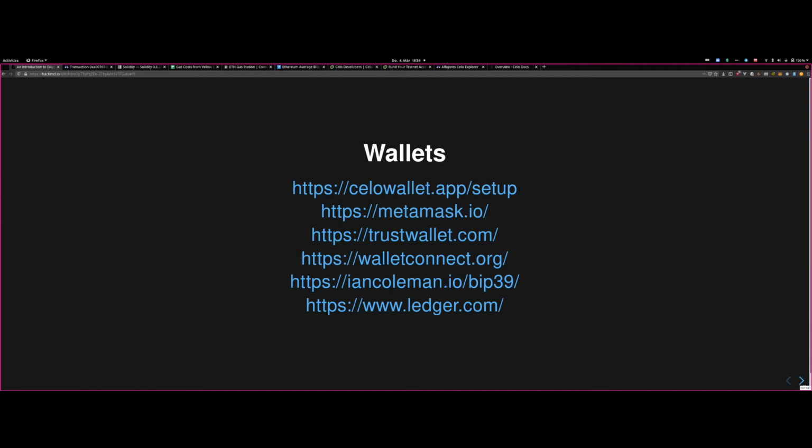There's an immense amount of wallets out there. We cannot count them all. I just have here a bunch that I like and I think are worth mentioning. First of all, Celo has a web wallet on its own, right? If we look at it, it is a web application with which you can